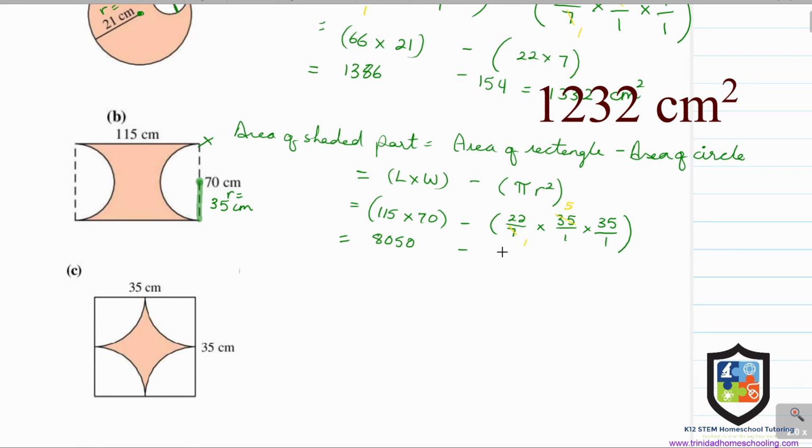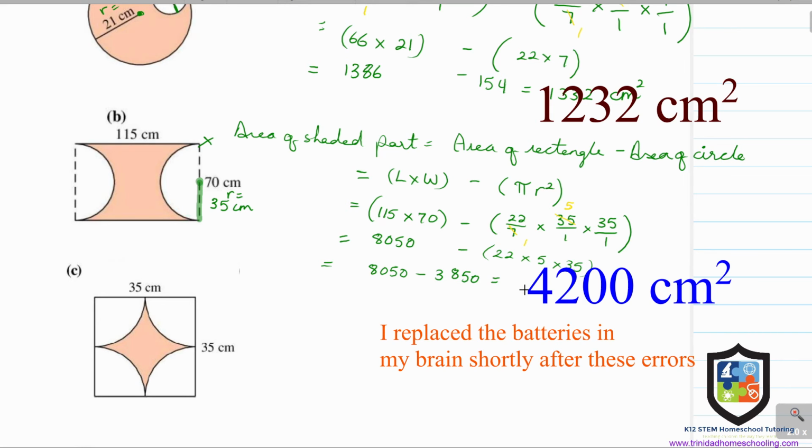So I'm left with 22 multiplied by 5 multiplied by 35. Now the area of my shaded part is this 8050 minus 3850, and that should give me